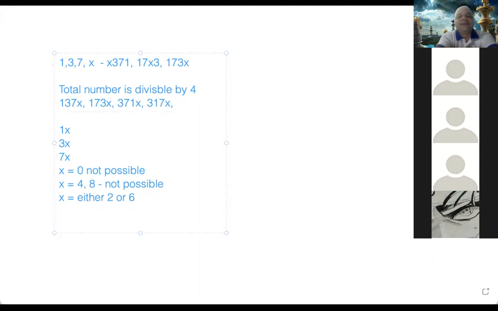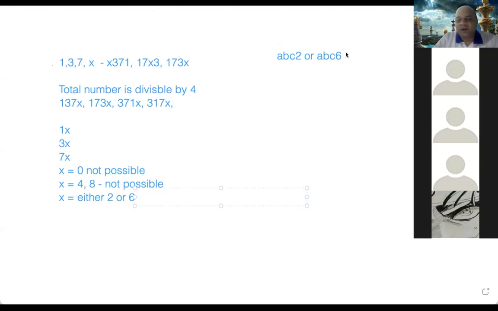Now there is one more clue given. They have said that if you take the number and you take the reverse of that number. So let it be some number, say 1372 or 1376. You just forget that; you know that 1, 3, 7 you just consider as A, B, C. We don't know which one is what. First one is 1 or not, we don't know, but one of them is 1, one of them is 3, one of them is 7. And the last number can be either 2 or 6, ABC2 or ABC6. These are the only 2 possibilities we got from this, right? Because it is divisible by 4.